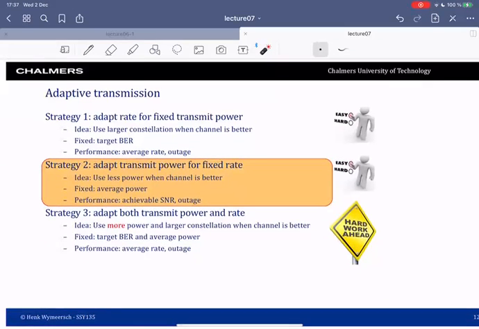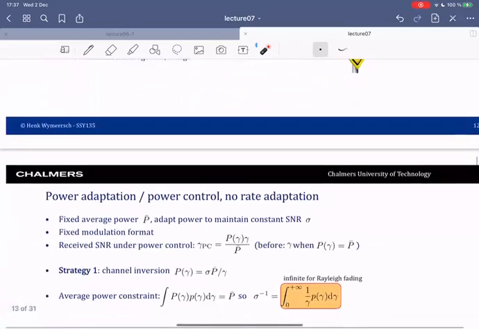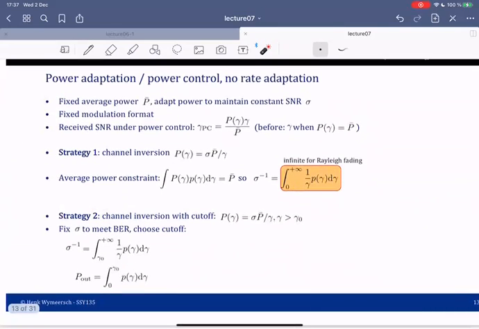Now we go on to the second strategy, which is a strategy that doesn't make sense, but we will go through it to understand why it doesn't make sense. The second strategy is power adaptation without rate adaptation. So here we fix a constellation, QPSK. We have a certain average power that we can spend, and we want to adapt the power to maintain a